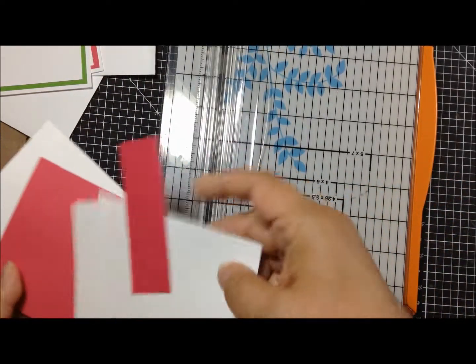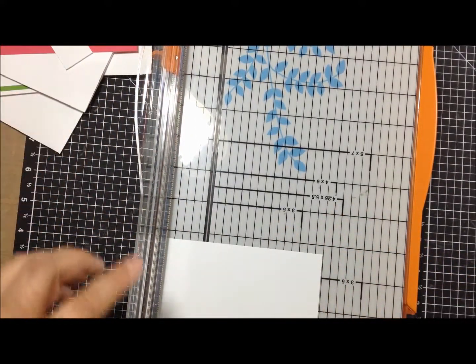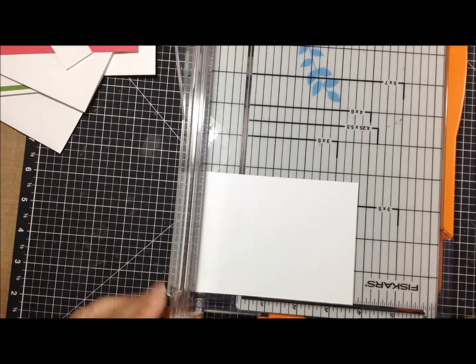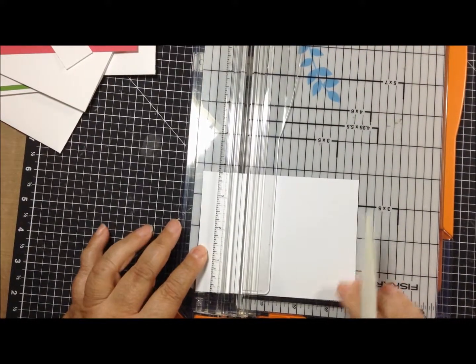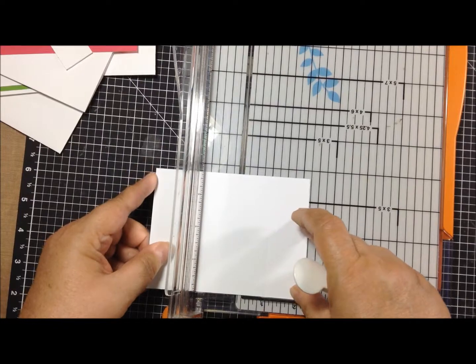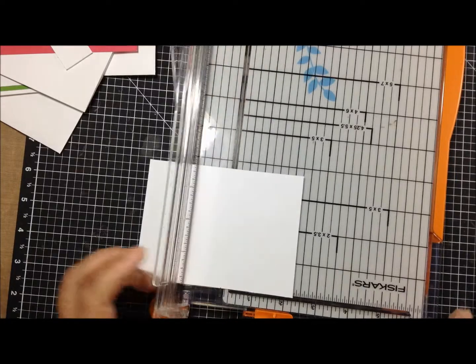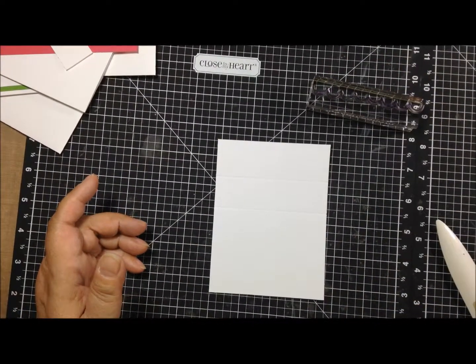Okay, so I want to do that stamping of the border, and I want to have something as a guideline to help me get it straight. So what I'm going to do is put the paper in my trimmer, and I am going to score at 1 1/4 with my bone folder. Then I'm going to turn it and put that score line at 1, and then again I'm going to score. Now that gives me 2 score lines to line up where I'm going to put the